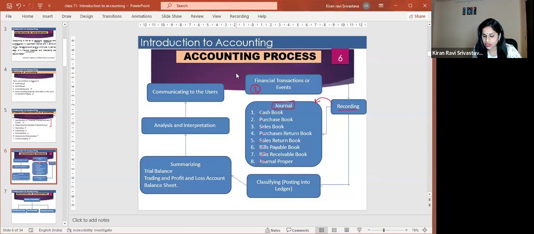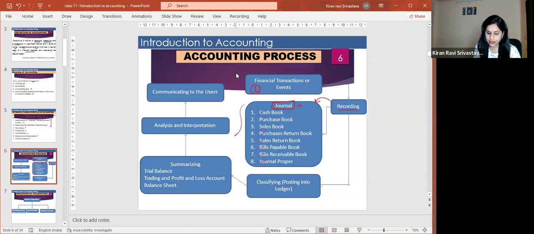And this journal is also called books of original entry. Later we'll be studying in detail in following chapters. After it has been journalized, what are we doing? We are journalizing. Like how we have our personal diaries, we call it a journal. When we say journal your feelings, it's like you're recording how you felt about the day. Similarly in accounts, first you identify that a financial transaction or event has happened, then you straight away start journalizing it.